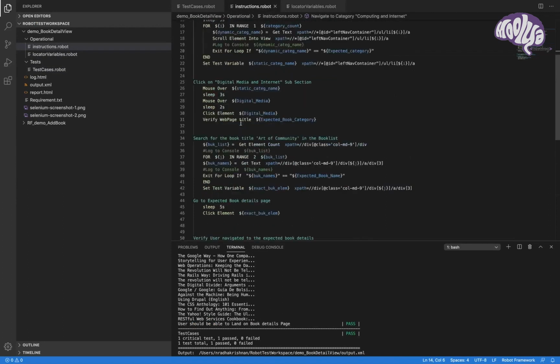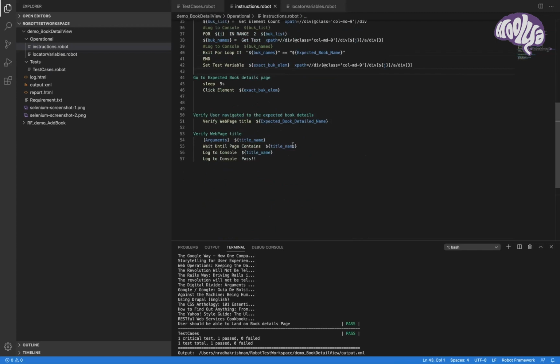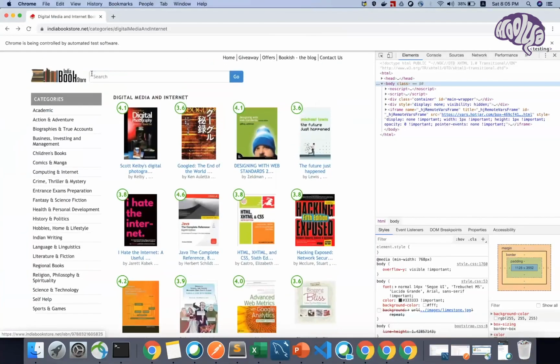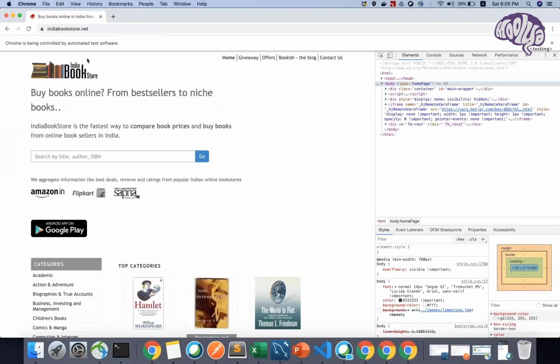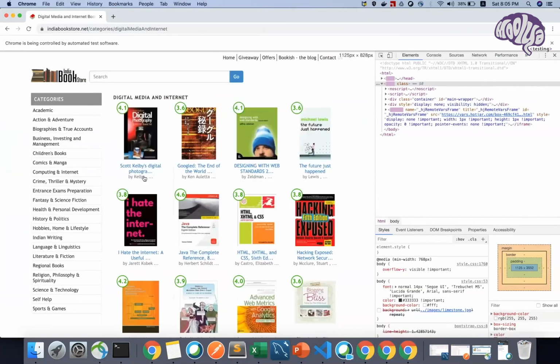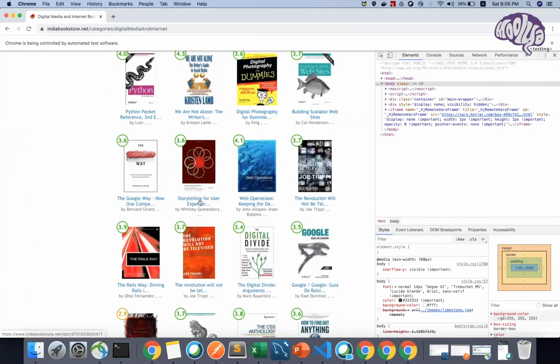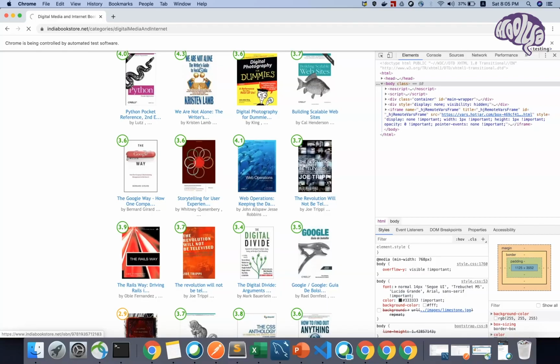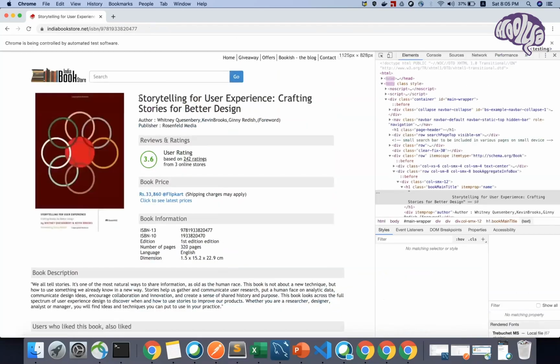Okay, once it successfully executes, there will be three checks that I'm doing. I'll manually show it. First check, I'm verifying whether it's on the current page or not. Next, I'm going through my expected book and verifying the digital media and internet. Once it is done, if I go to any book, in our case RESTful, the script written here is validating whether I have landed on the correct page or not. So this title, I'm expecting this content should be available in the page which is selected.